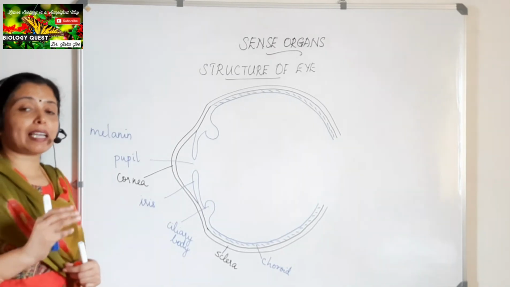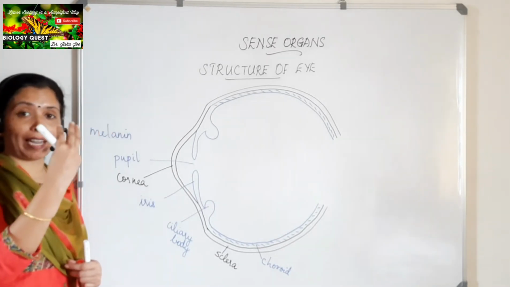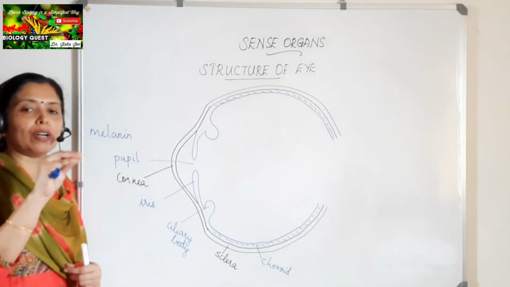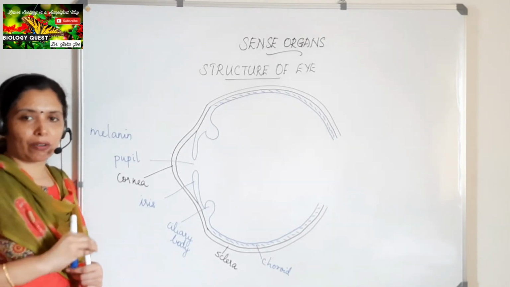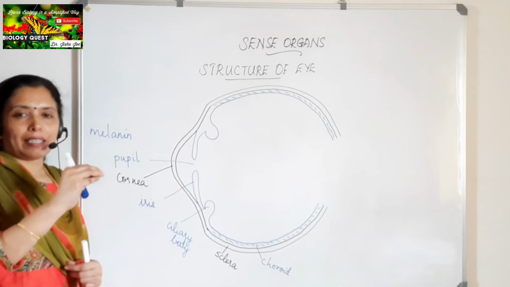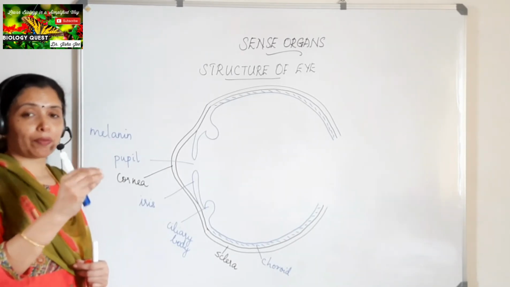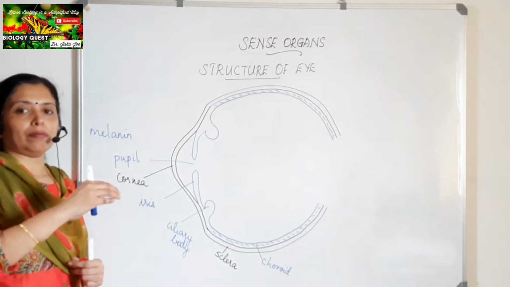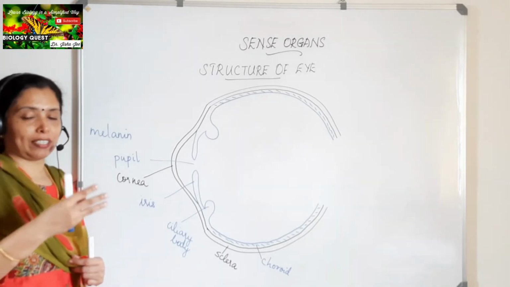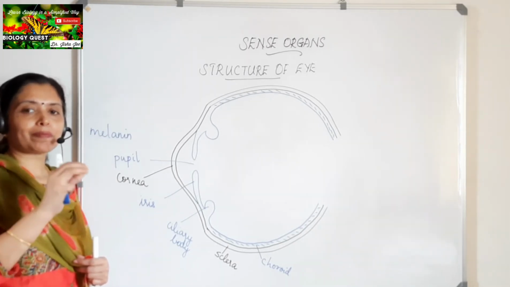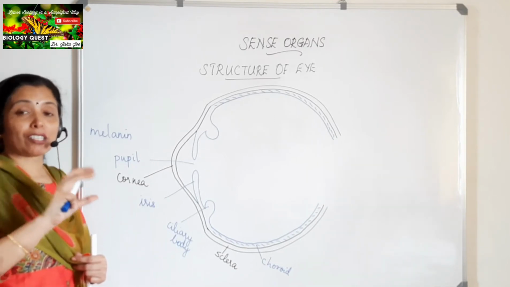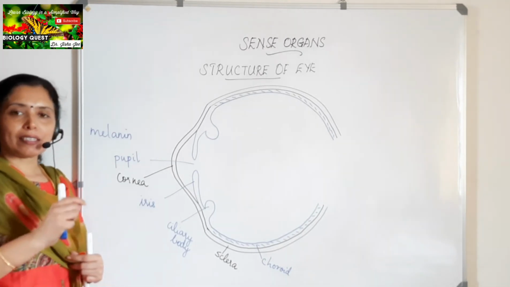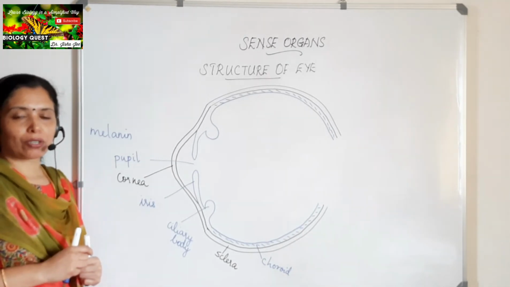The circular muscles help to constrict the pupil. When excess light is entering the eye, the pupil suddenly constricts. This is due to the circular muscles present on the iris. When there is dim light around, more light has to enter our eye to increase our sight or vision. During this time, the pupil expands or widens to allow the entry of more light into the eye, and this is due to the radial muscles that are present on the iris.